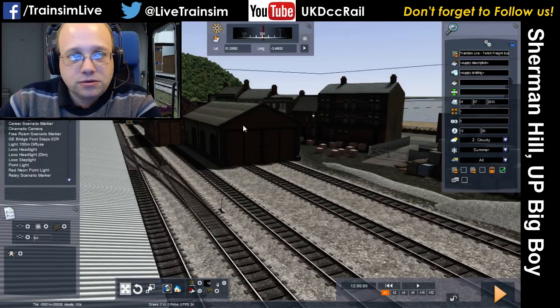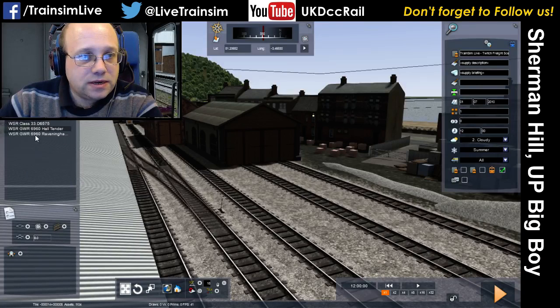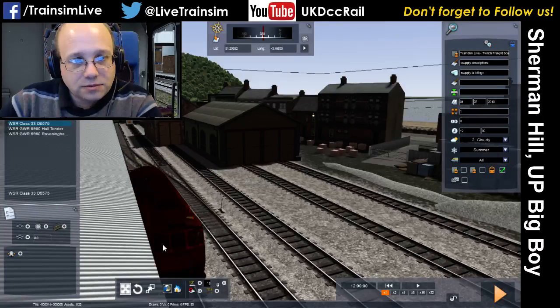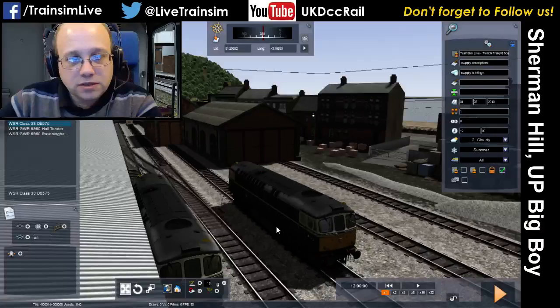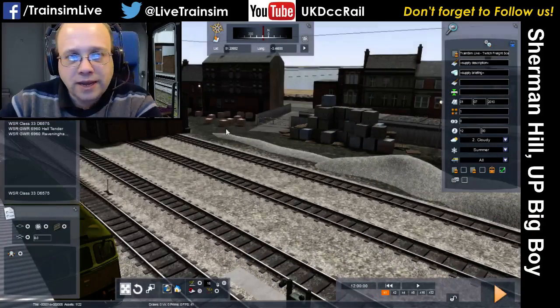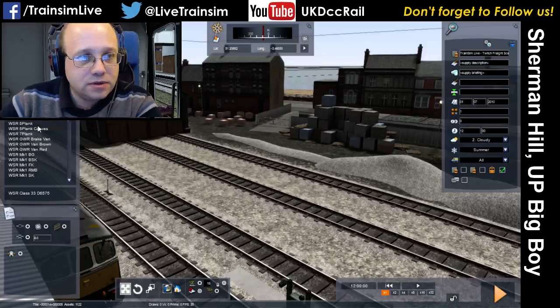Now we're going to use a diesel locomotive. So let's use the class 33, and we're going to put the class 33 here. Actually, let's put him here, so that you've got to learn how to change some points before you can start. And then what we'll do is put some wagons down. So let's put a